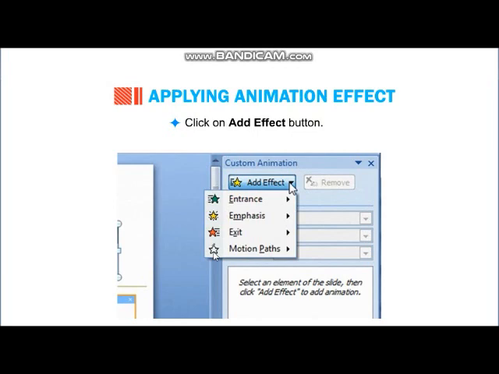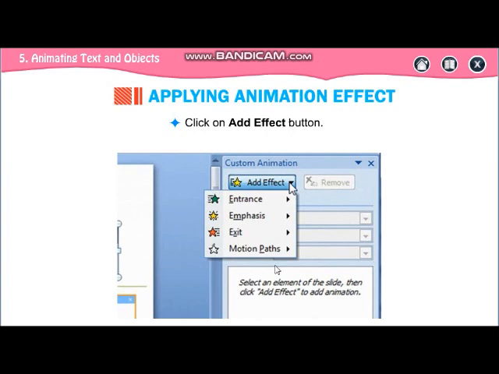First, green will come, so entrance has a green color star. Second, when you want to highlight something in your text, you select emphasis, that is the yellow color star. And when you want to give any effect at the time of exit, that is denoted by red. And if you want to give a different path to your animation, then the white color star is there, that is your motion path.